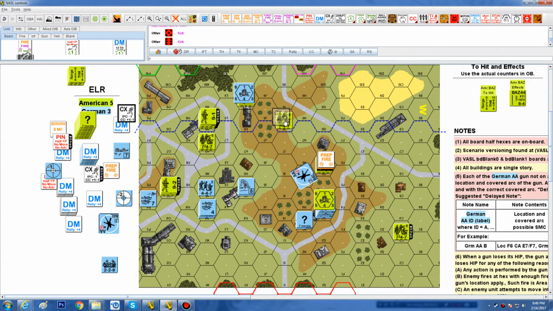This unit will CX, and he will use 1 movement factor to go there. 2, 3, 4, 5, 6. He will be done. All right. These guys here, the leader in the squad, they are going to,